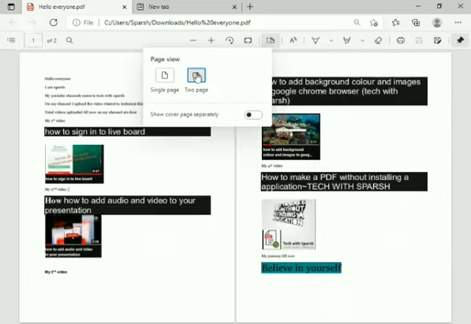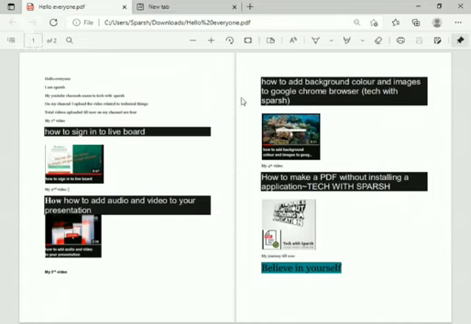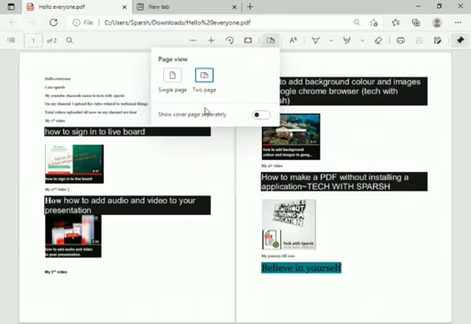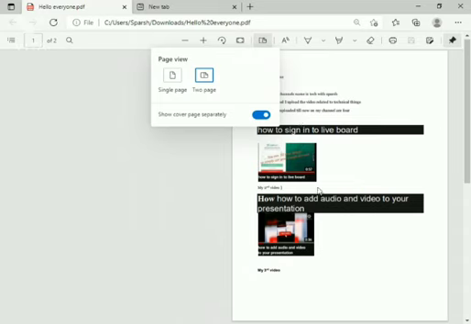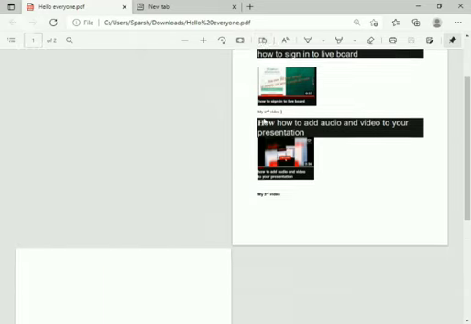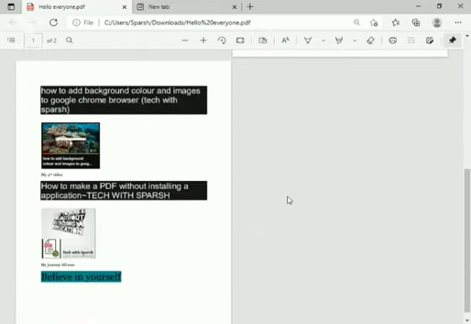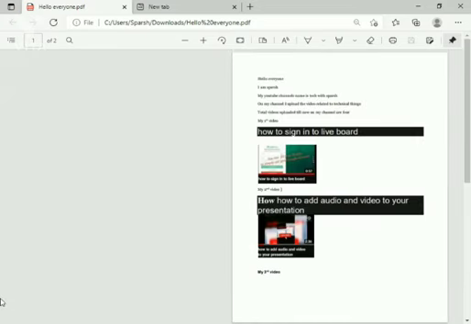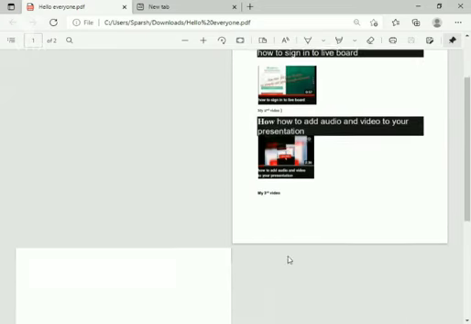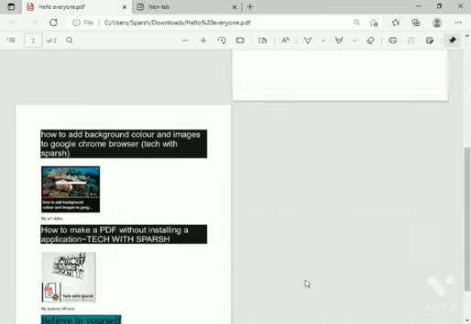Now I'll click on two pages, and then I'll be able to see both pages together at a single moment. Here is also show cover page separately, which means the first page will be viewed separately.